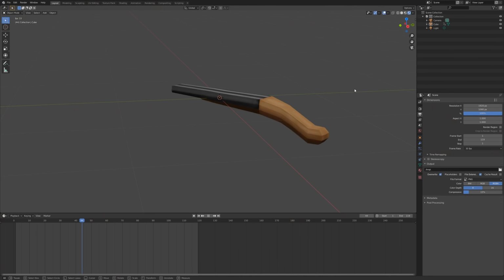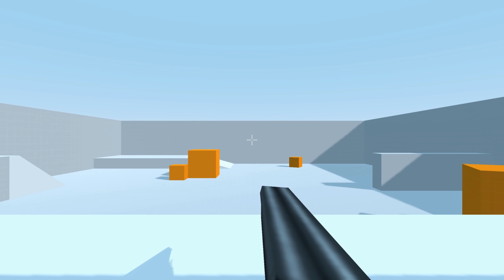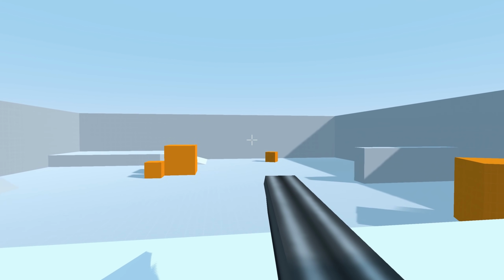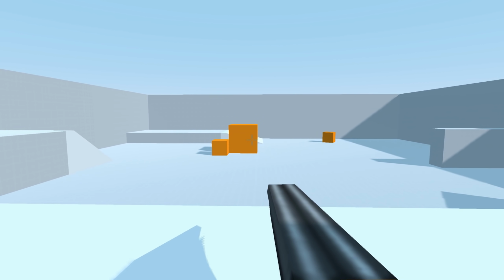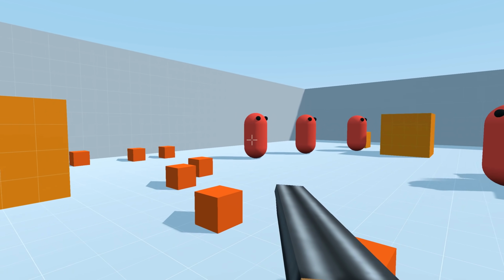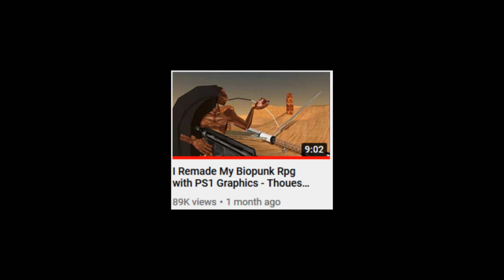I quickly modeled a rough-looking shotgun in Blender, it's just a prototype mind you, and then I imported it into Godot and began working on firing animations and adding little extra movements to make it feel like there's an actual person behind the gun. I was really excited for this new direction for the game, and I even went so far as to have the enemies explode into little edible flesh chunks when they died, but then disaster struck,